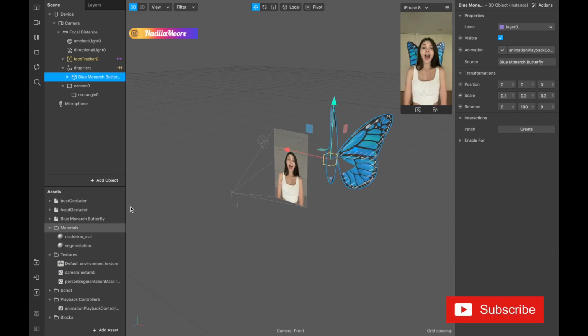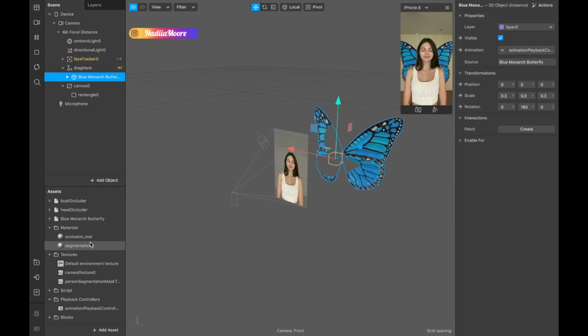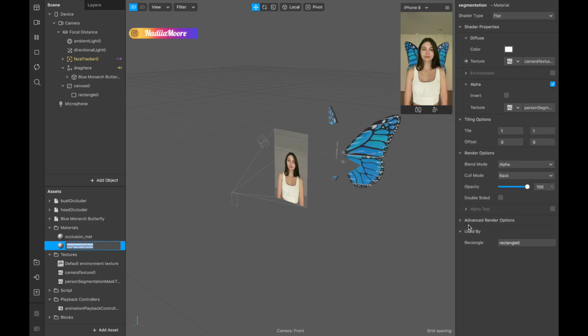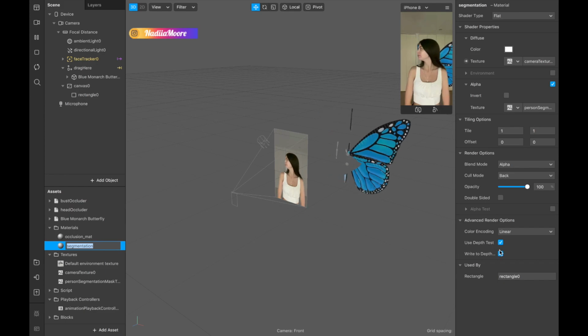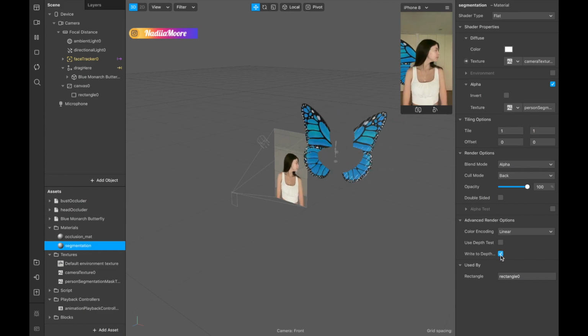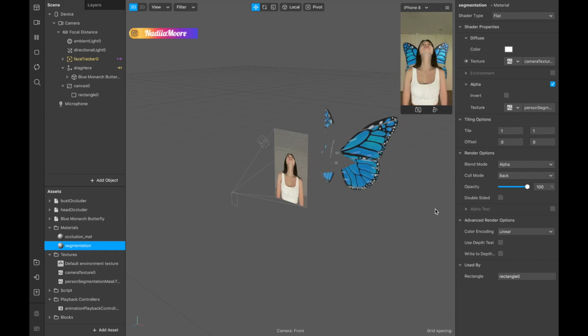Oh, also, don't forget, let's come back to our segmentation material and let's go to the advanced render options and disable use depth test and write to depth test. Okay,